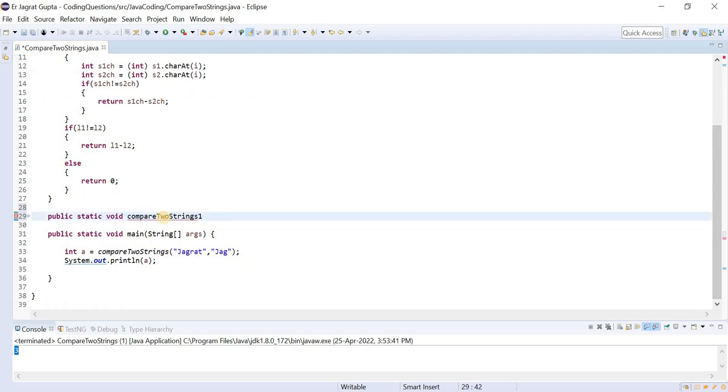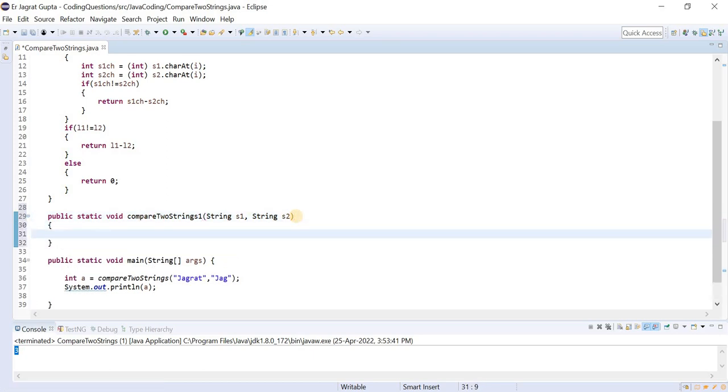Okay, and here I will pass string s1 comma string s2. Okay, so there is a method, that is the equals method. So let me show you what this method is.